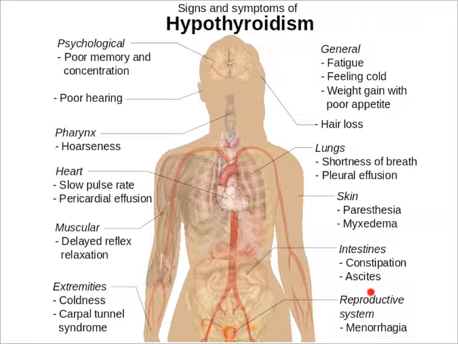Your intestines, often constipation, because your intestinal cells are moving less frequently. They're slower because their metabolism is slower. And that means that the food stays in the intestines for too long, too much water gets removed from it, and it gets hard. That's what results in constipation. Delayed reflexes, because your muscles don't have enough energy. Your heart, slow pulse rate,